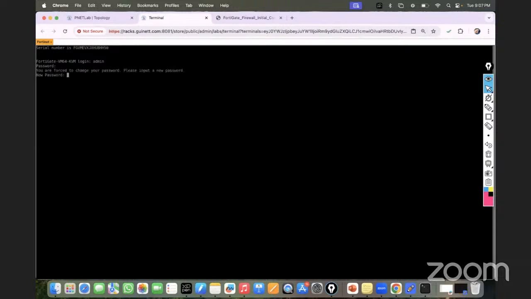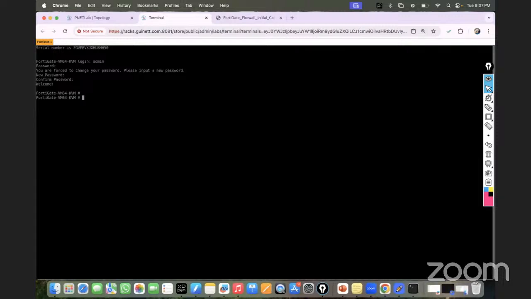Now I have to set my own password. So let me show that. Good. So now I am in the FortiGate firewall. I have to check how many interfaces are available in this FortiGate firewall. For that, what I have to do is simply go and type show system interface, and I have to put the question mark,